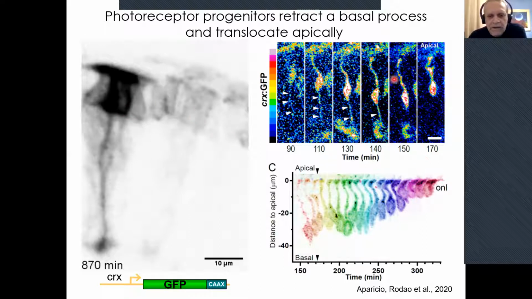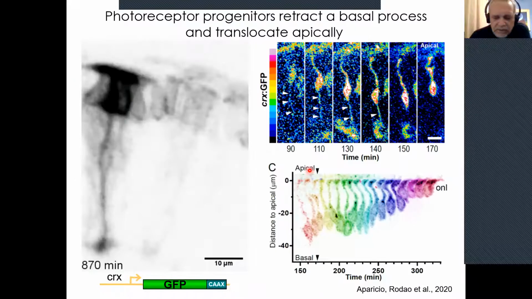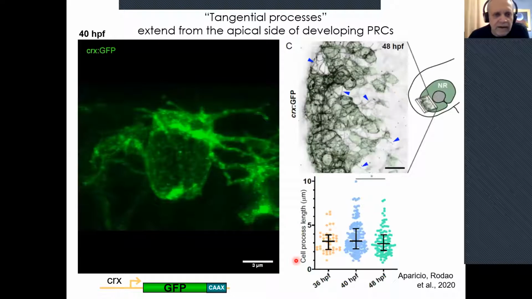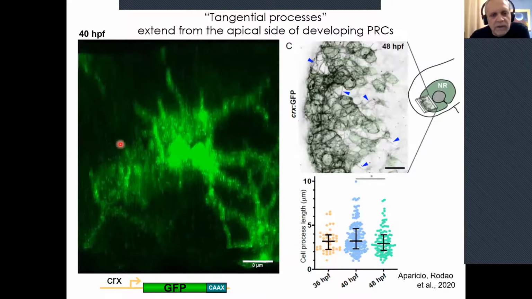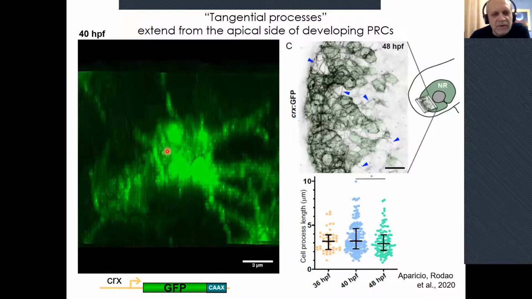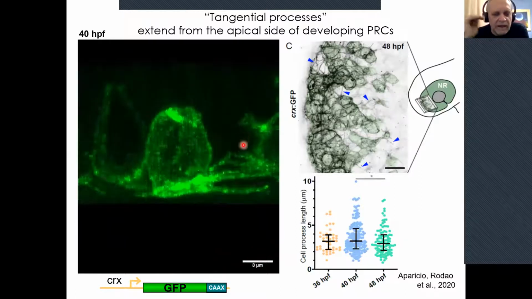So this is more or less how they behave in general, these photoreceptors at early stages. One thing we found that was interesting and was also seen in this movie was that the cells have some processes on the apical side mostly. So they are very active on the cell cortex, and particularly they have these very funny and long processes which we called tangential processes, which are on top actually of the apical side, and I will show you